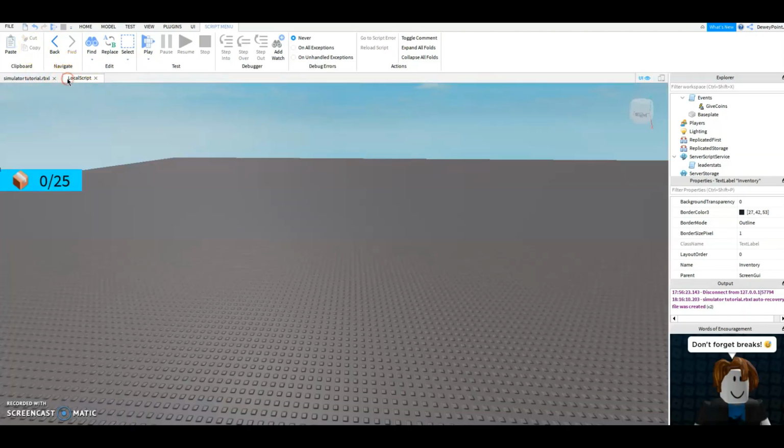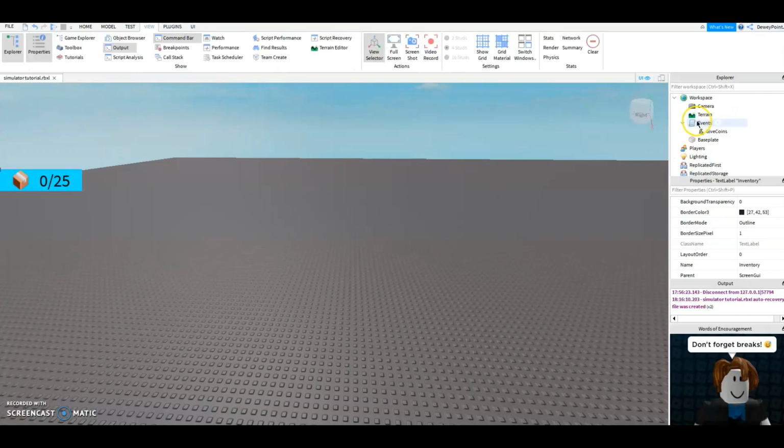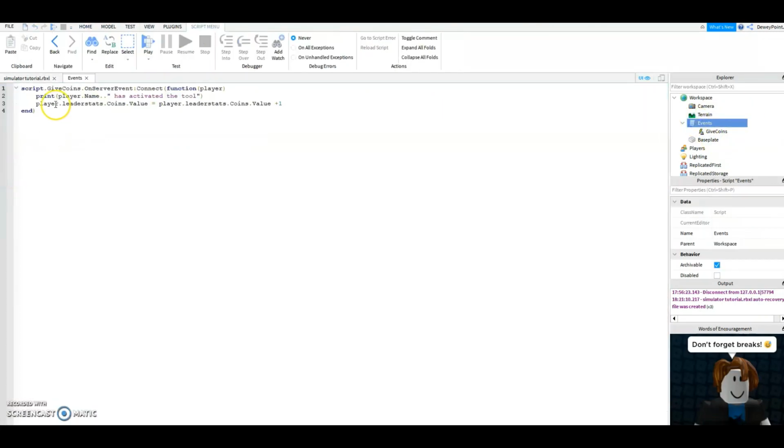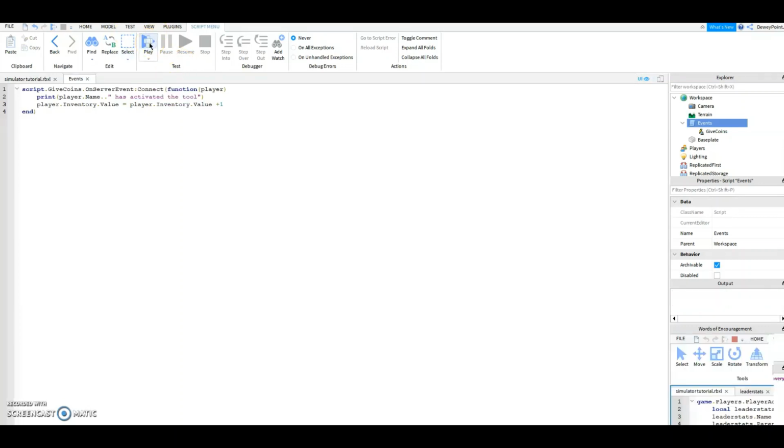Alright, so now you've got that working. We can go back into our event script and we can change this player.leaderstats.coins.value to player.inventory.value, and then change it again right here to player.inventory.value +1. Alright, so now,